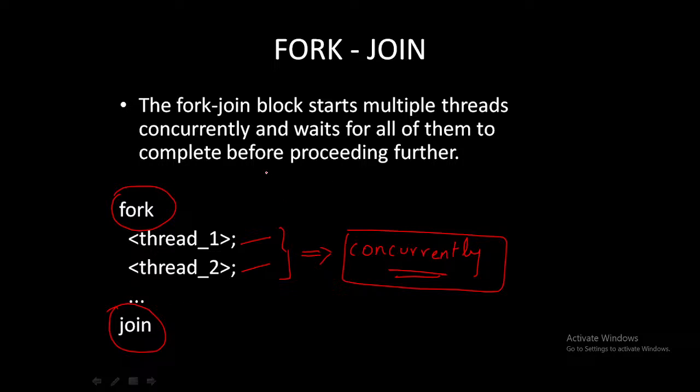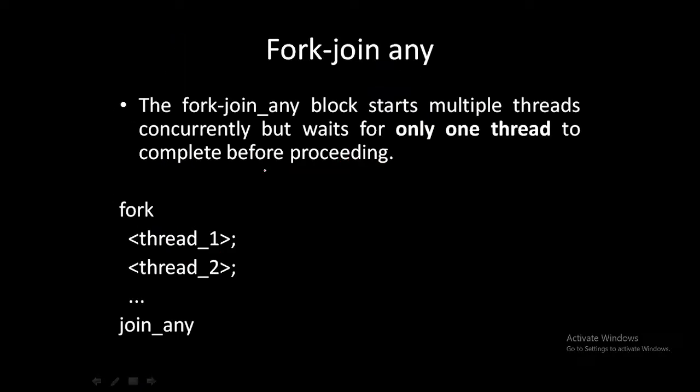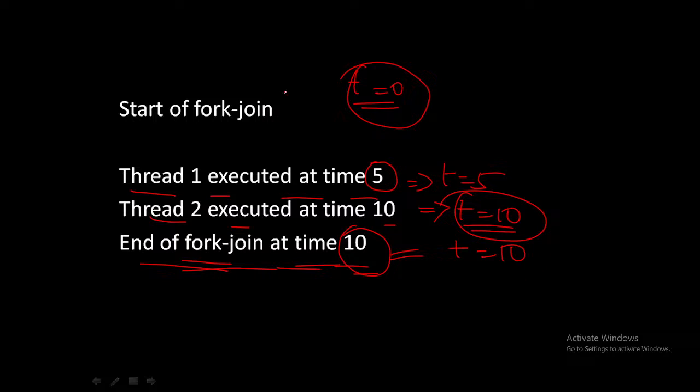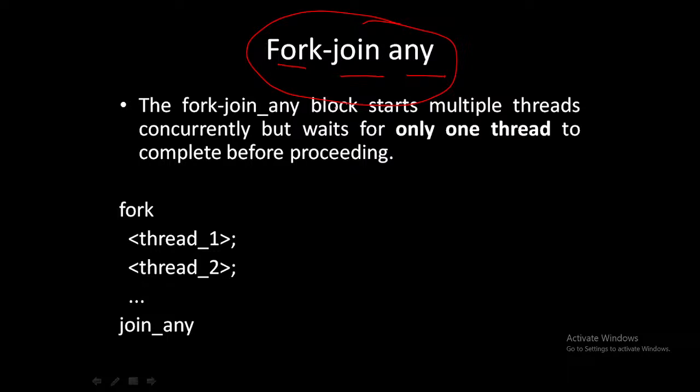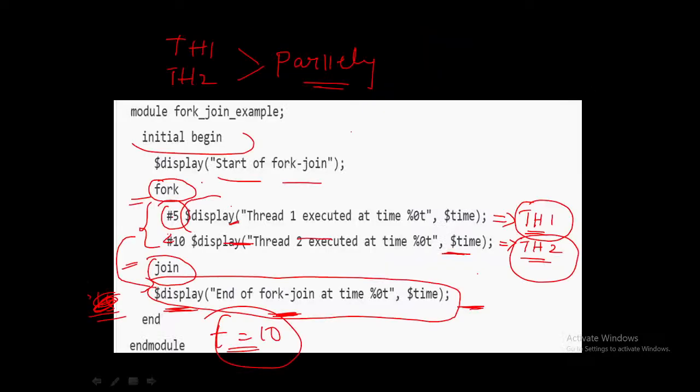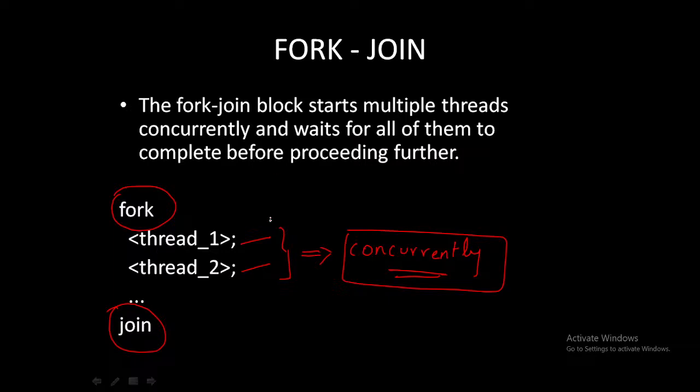Now, the second type of thread we have is fork join any. The first type which we have seen is the normal, simple fork join, and the second type is called fork join any. Now, in the case of fork join, what we have seen is that until the completion of thread 1